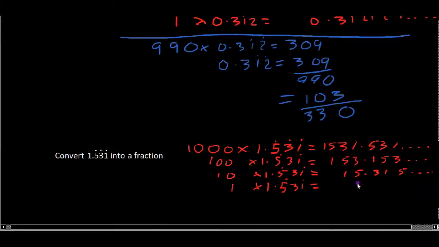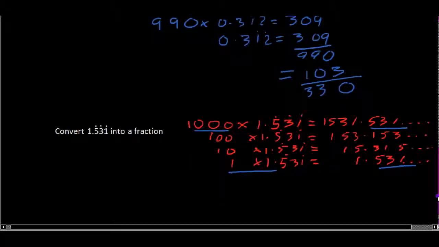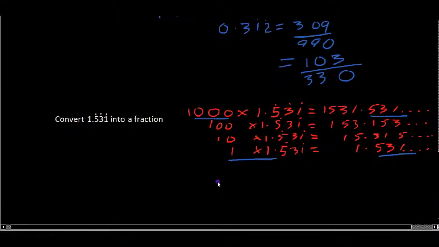So here we go, we get 1.531, and we see we have a match. We've got a match here, the 531, we've got a match here, the 531, so we're going to take these two away from each other. Let's just slide down, give ourselves some space. So 1 lot away from 1,000 lots is 999 lots times 1.531 recurring. 1 lot away, this 1 point that away from all of that just leaves you